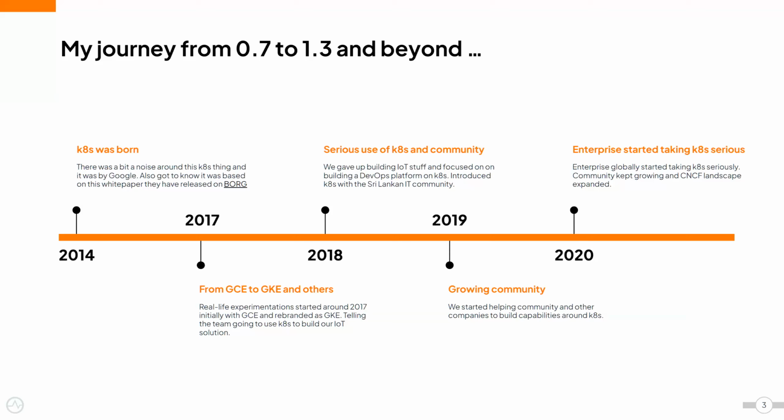But then the landscape around Kubernetes also started growing, the tooling, because Kubernetes itself was getting very, very complex. So two things happened there. A lot of companies came into the market because of Kubernetes, similar to Linux and VMware. If I look at the last 30 years, it has created way more tooling. Maybe something else might come in and do better than Kubernetes, but right now, Kubernetes is taking the lead.